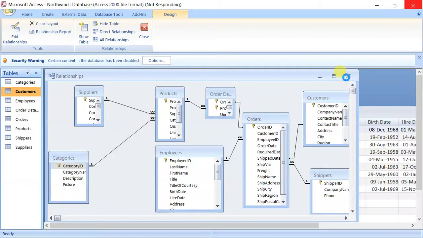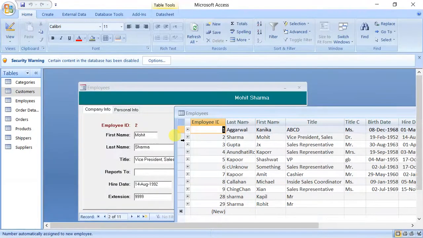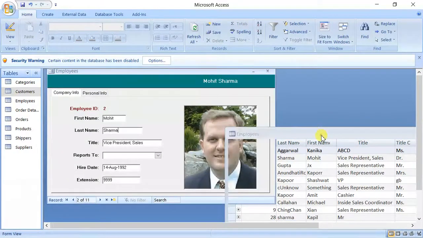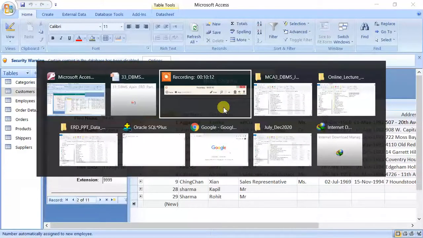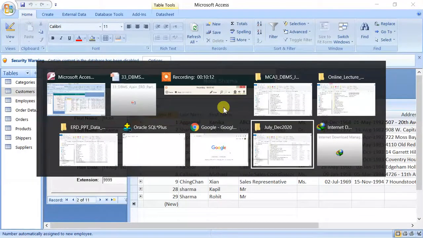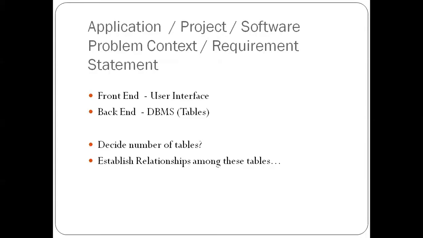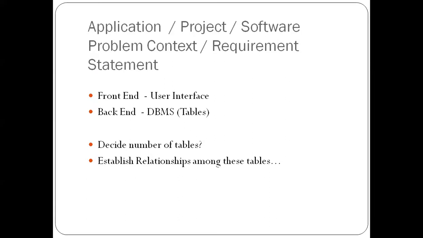So now we are at a stage where we can start learning those things, since we have completed two or three main things: we know how to create a table, and we know how to create a primary key and foreign key to establish relationships. So now we are in a position to move ahead on this topic. Let us see the concept. Before we go into the details, you know what front end is and what back end is.